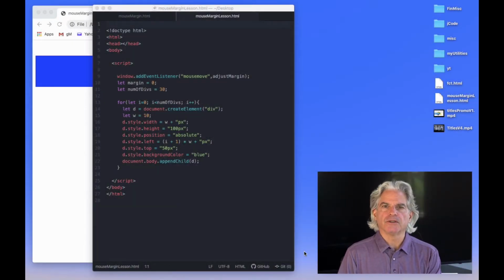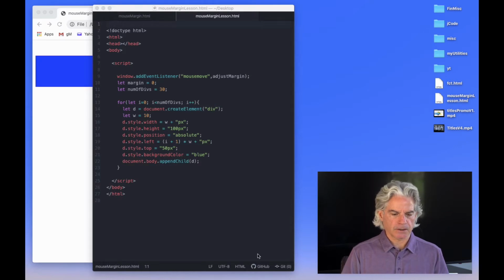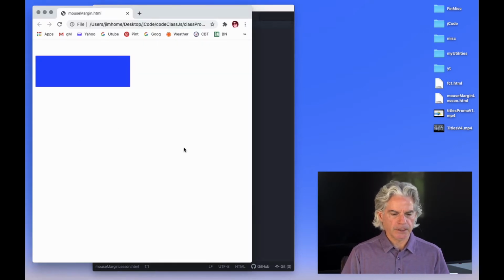Welcome to lesson 31. I'm calling this lesson mouse margin, and I'll show you why. Let's look at the web page. Notice I'm moving the mouse here. Notice when I get close to this rectangle,